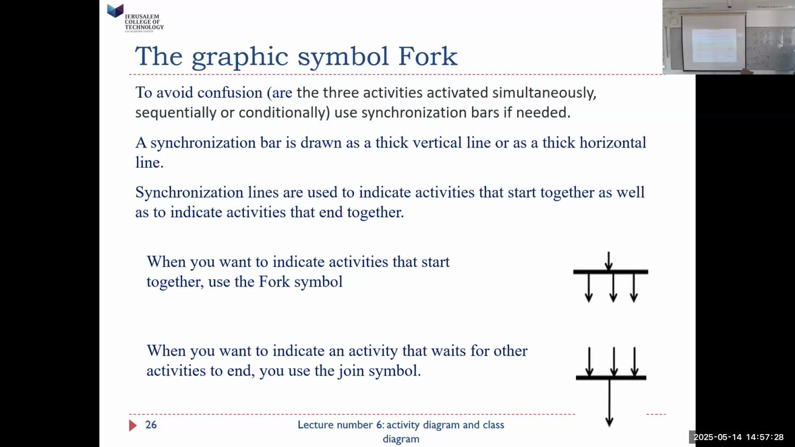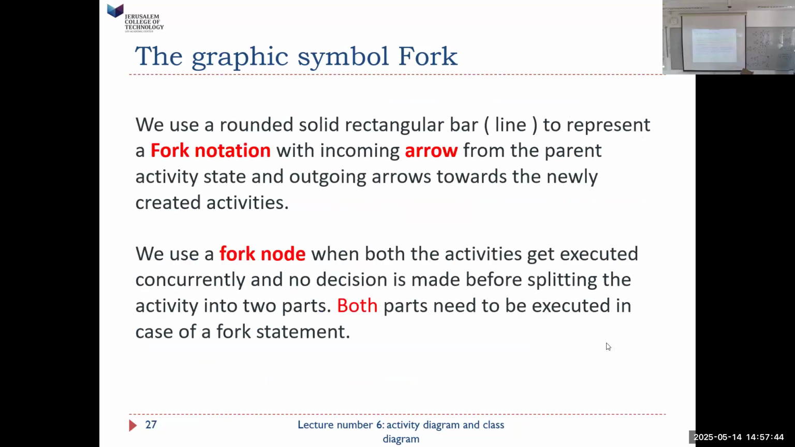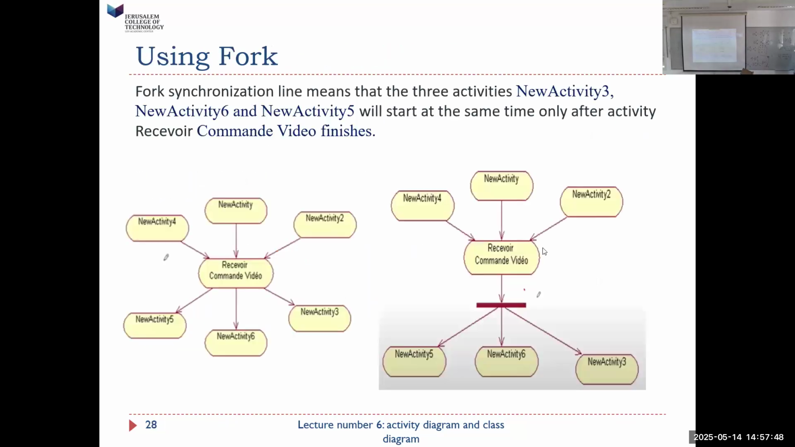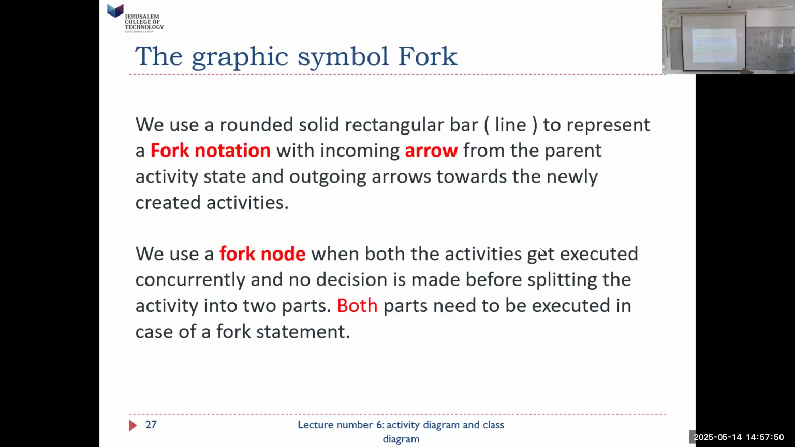When you want to indicate activities that start together, use the fork symbol. When you want to indicate activities that wait for the others, use the join symbol. This is the fork, this is the join. It looks kind of like a fork. It goes also this way. Anyway. So do we have an example yet here? Before we get there,